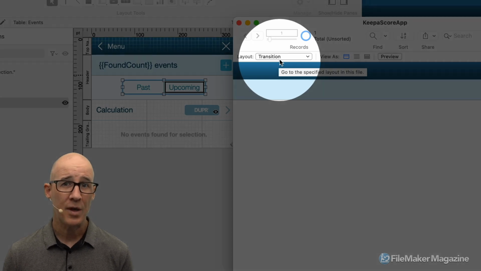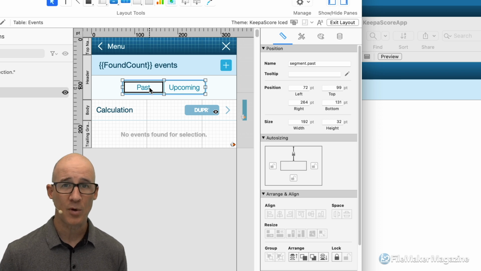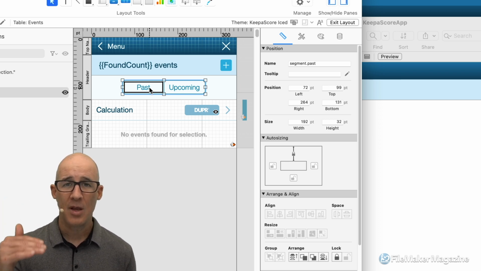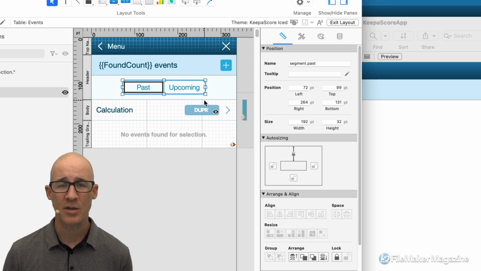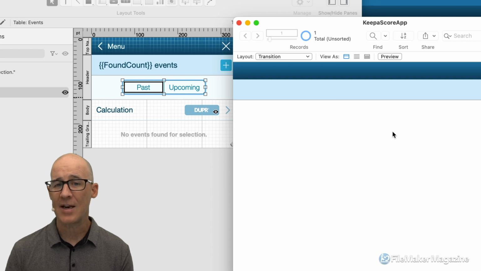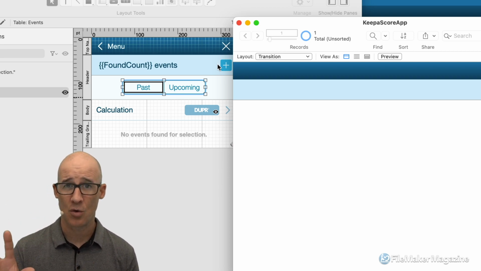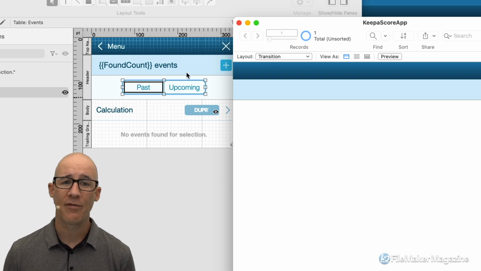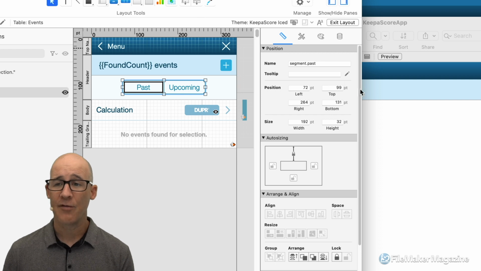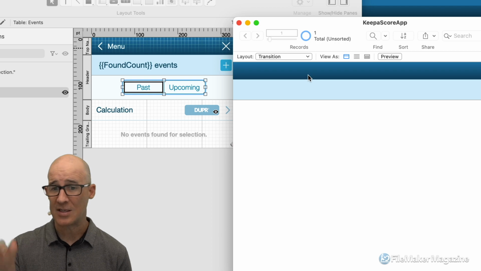Now what I do is when I click on these buttons, they're triggering a script where I have a subscript that is saying perform transition. And we're going to take a look at that. Essentially what it's doing is it's going to a dedicated placeholder layout where I've replicated the top menu bar so that I don't get this really strong distortion. And I'm effectively calling the go-to layout. So I've left my main layout. I've gone to a layout that replicates any of the elements that I want to replicate, such as the header